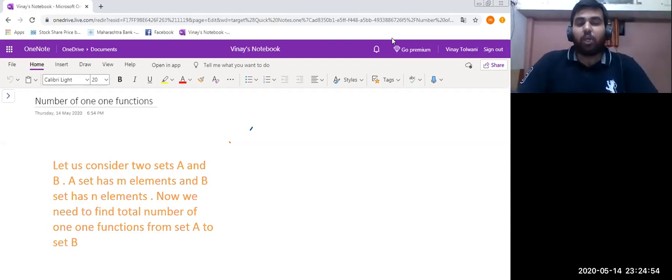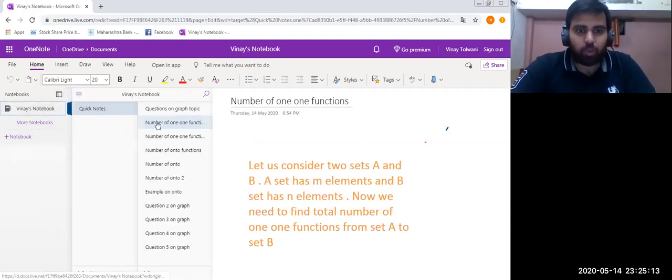Okay. So now to find out the total number of one-one functions, I take two sets. Let us consider that set A has m elements and set B has n elements. Let us consider one activity over here.